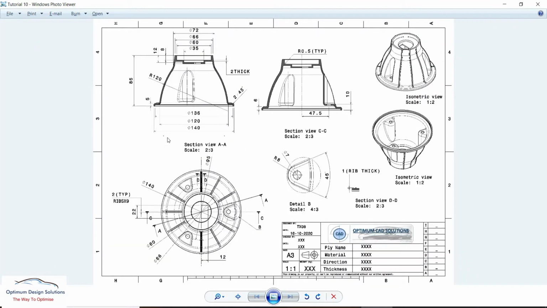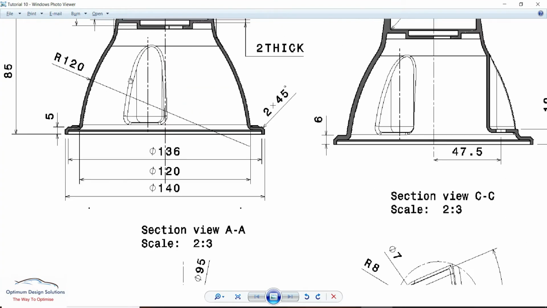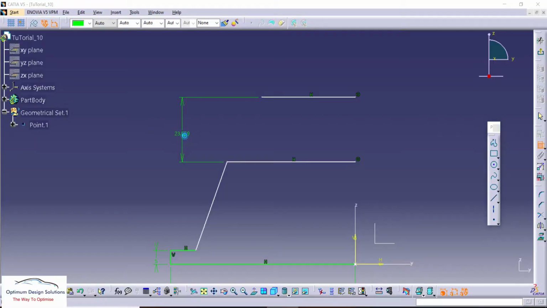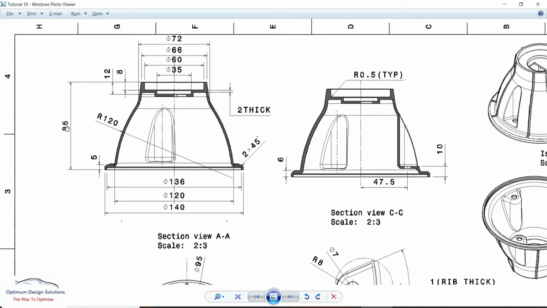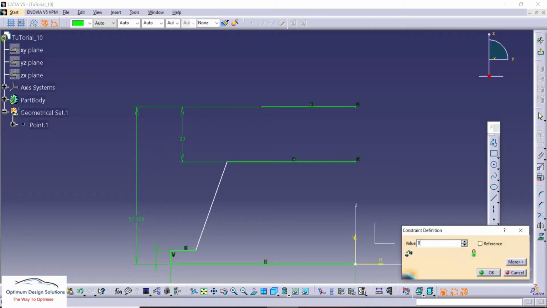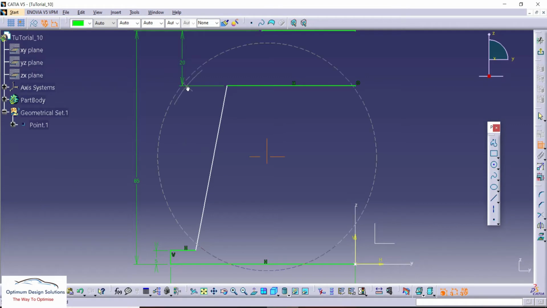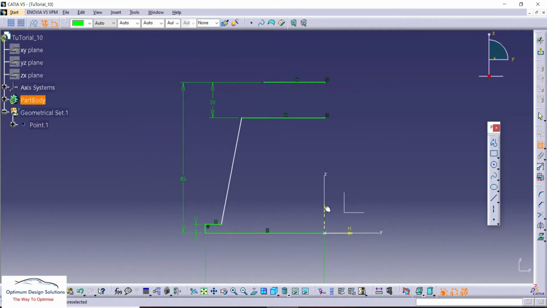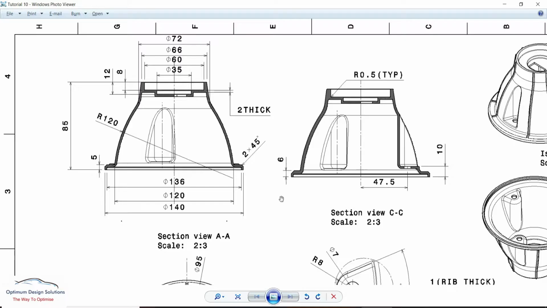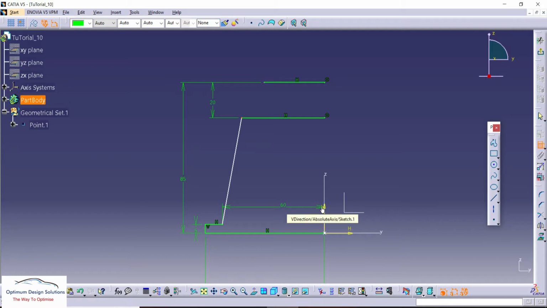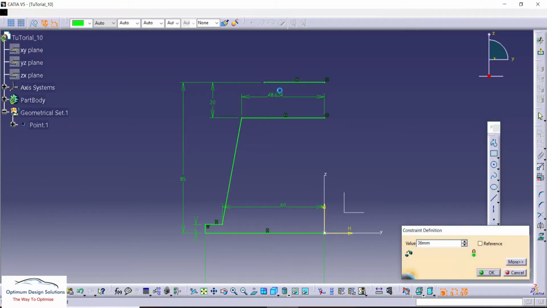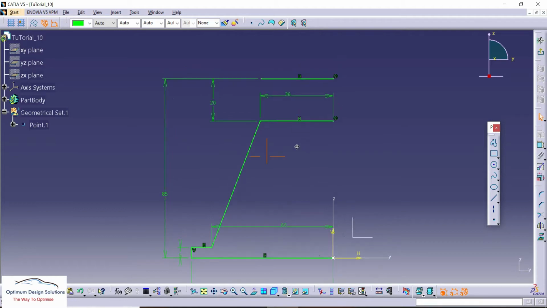This point, so this is 20 mm and this is total 85 mm. As we already discussed, 60 mm, 120, and this is 72 divided by 2, 36 mm.